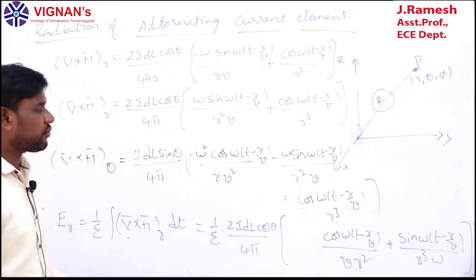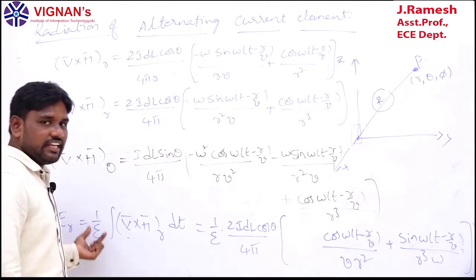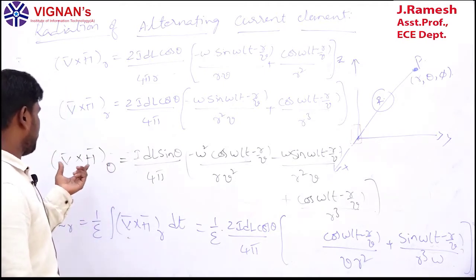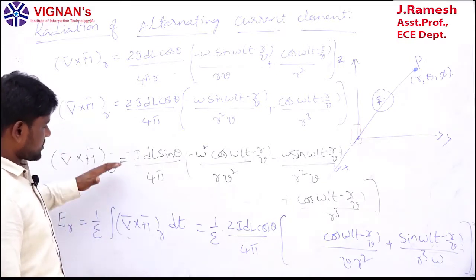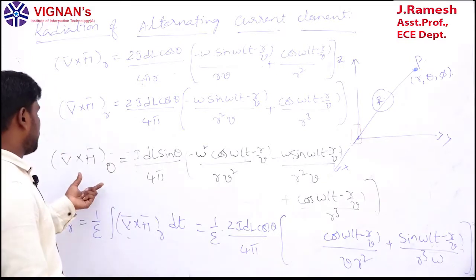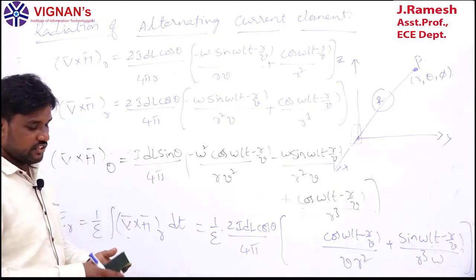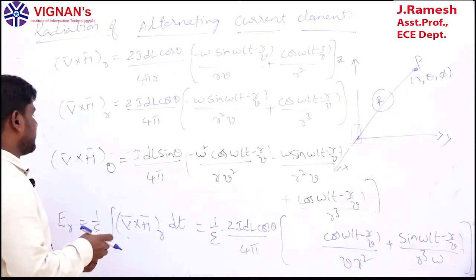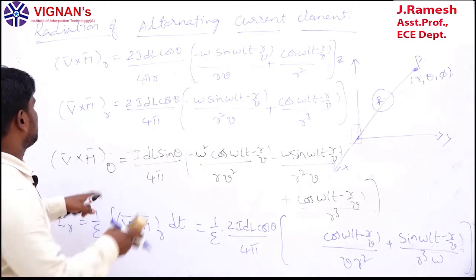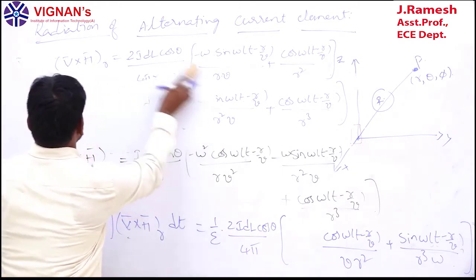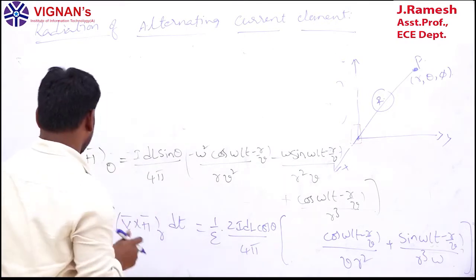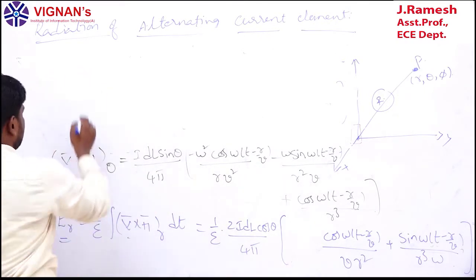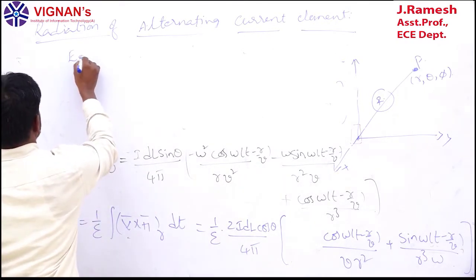Now again we have to derive E theta. Because we already derived the theta component of the curl of H bar, by using the same expression and the same formula, again you have to calculate E theta. So now how are we going to calculate E theta from this expression? I'm going back here; ER is ready. So now how can I calculate E theta?